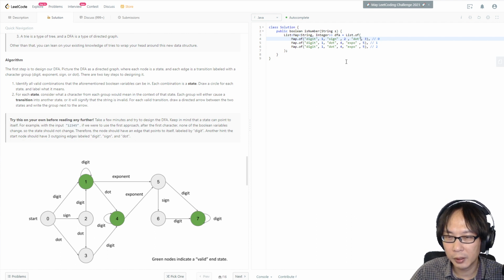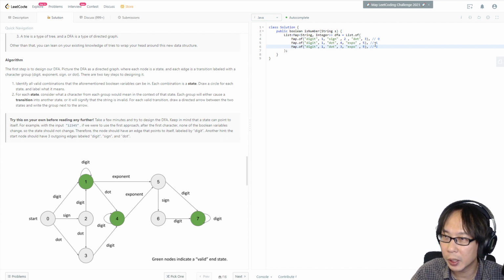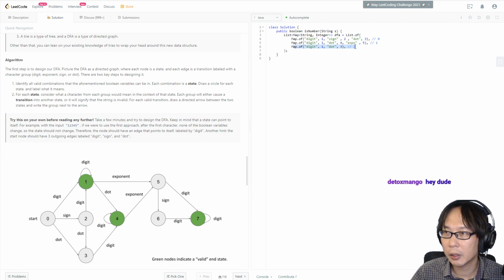When you're reading it, it makes sense, but drawing the DFA by yourself is so hard. So in 2 you go to 3, and in 2 there's no other, because after you read a sign, you can only have digit or dot. Now that we are in 3,